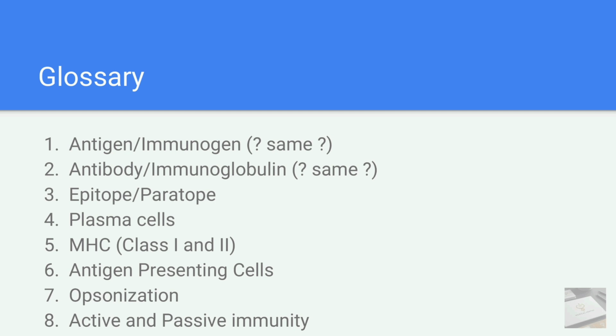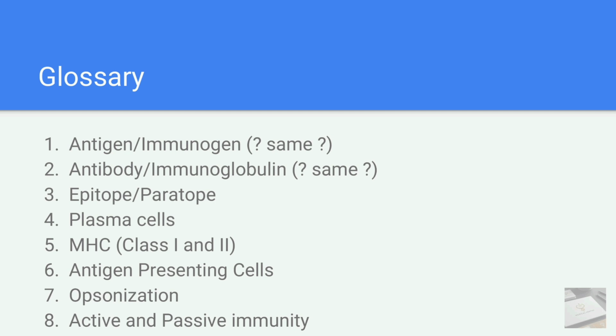An antigen is any substance that can bind to the products of an immune response, such as antibodies or T cell receptors. Essentially, it's a molecule that the immune system can recognize. However, the point to remember is that not all antigens that bind to antibodies or T cell receptors can trigger an immune response. But an immunogen is a substance that can provoke an immune response. Therefore, we can say that all immunogens are antigens, but not all antigens are immunogens, as antigens may or may not show an immune response, but for an antigen to be called an immunogen, it should provoke an immune response.